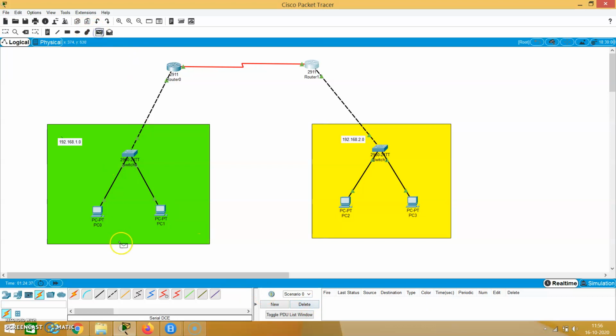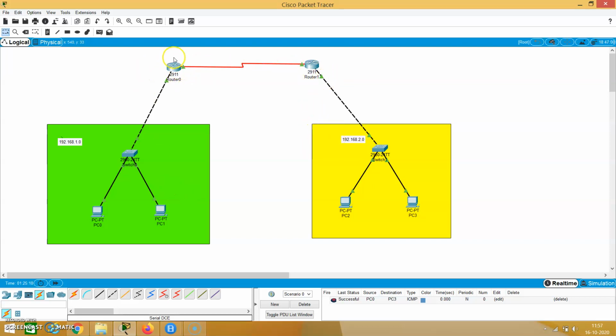We can test by clicking this PDU from PC0 to router. It is successful. Then PC0 to this router. It is successful. Now PC0 to PC2. It is successful. Okay. Now PC0 to PC3. Okay, it's successful. That is, now the routers know how to forward the packet. Okay, that's we have already given the information in each of these routers.